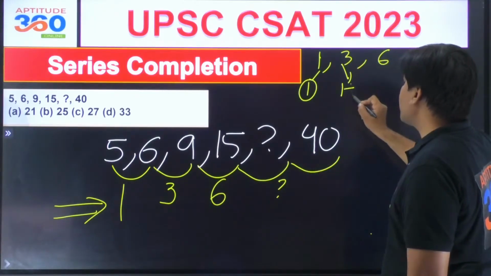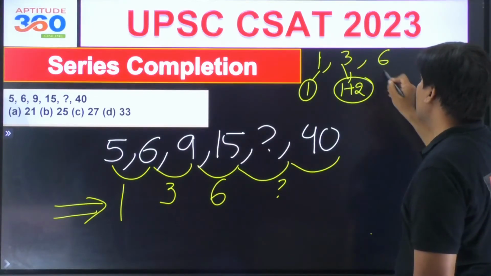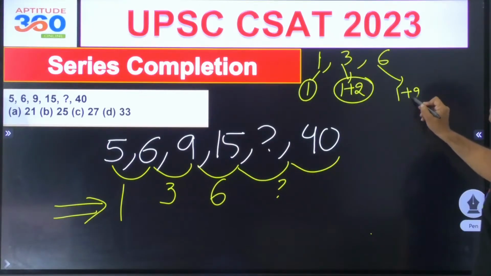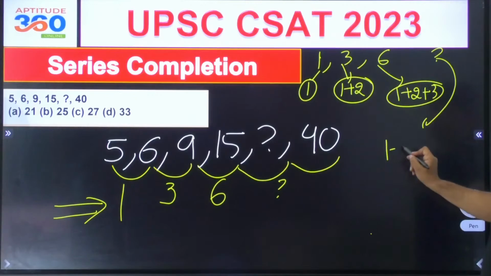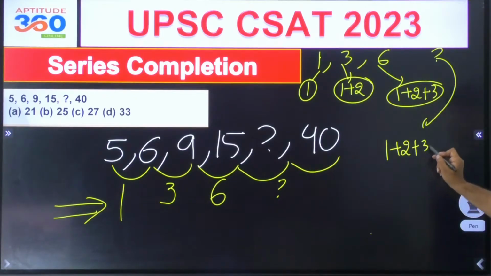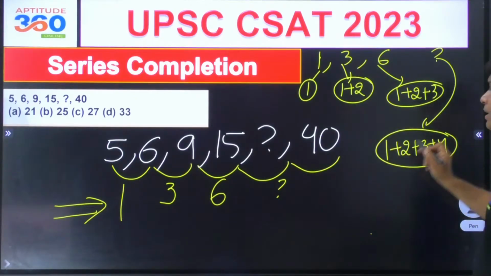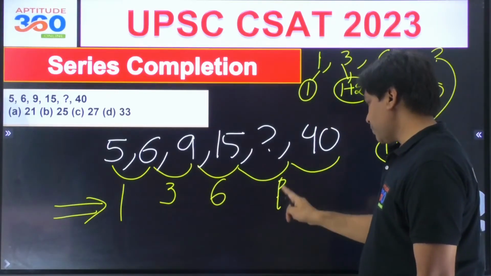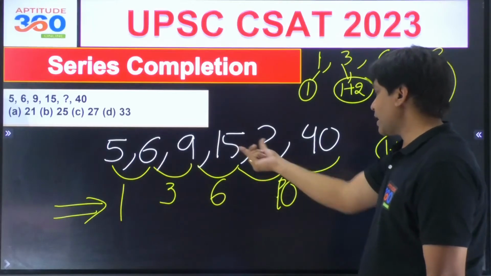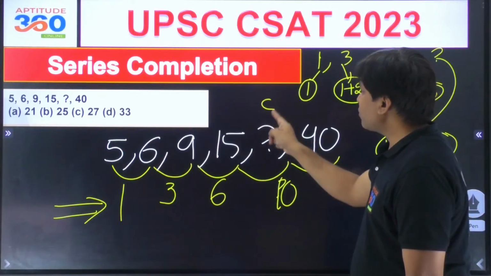3 is 1 plus 2. How about 6? It is 1 plus 2 plus 3. So that is 6. What is going to be the next number out here then? The next number out here will have to be nothing but 1 plus 2 plus 3 plus 4, and that is nothing but 10. और अगर ये 10 कर दिया आपने, let us assume if it is 10. So what is this number out here? This number will have to be 25, isn't it?